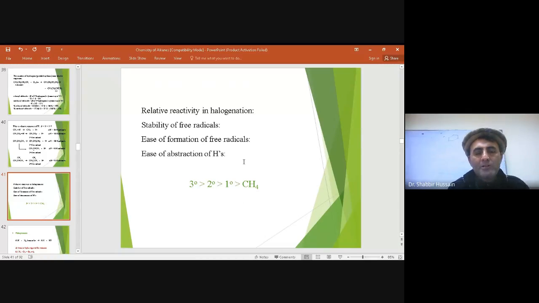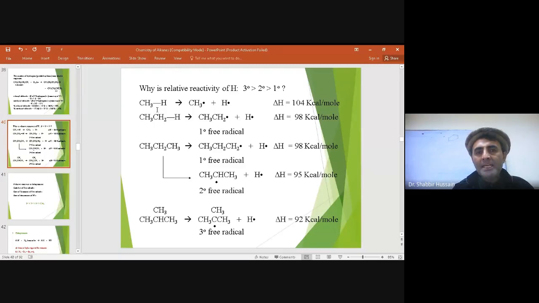Whenever we are talking about the relative stability of free radicals, always a tertiary free radical is more stable than a secondary free radical, and then a primary free radical. If you are talking about the relative reactivity in halogenation, like this one, methane in the presence of sunlight